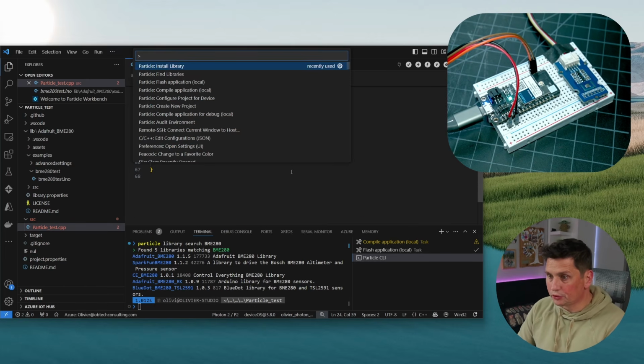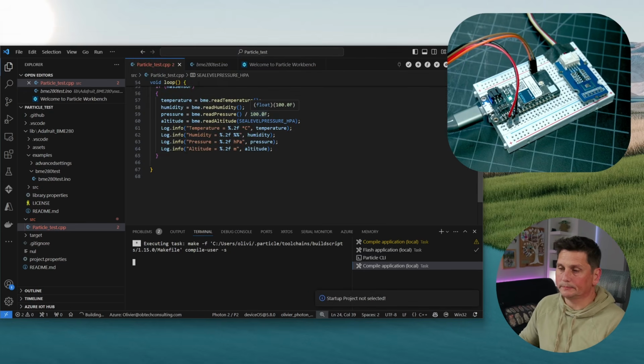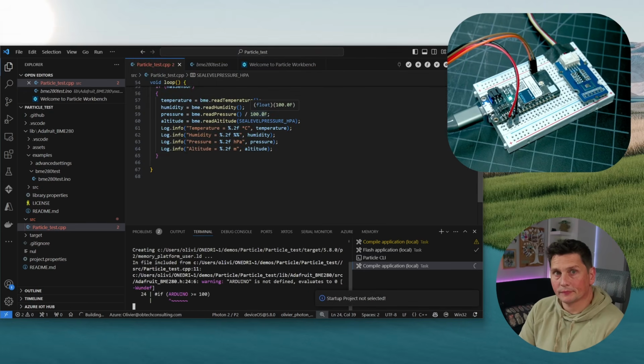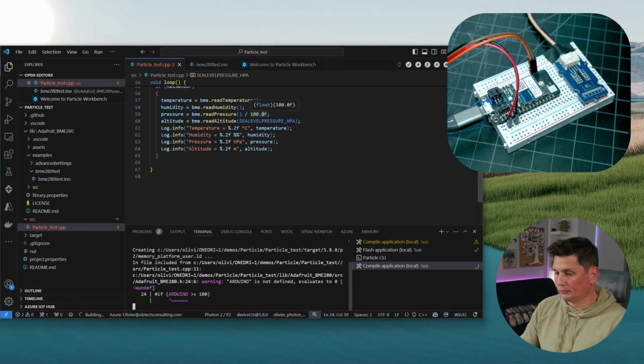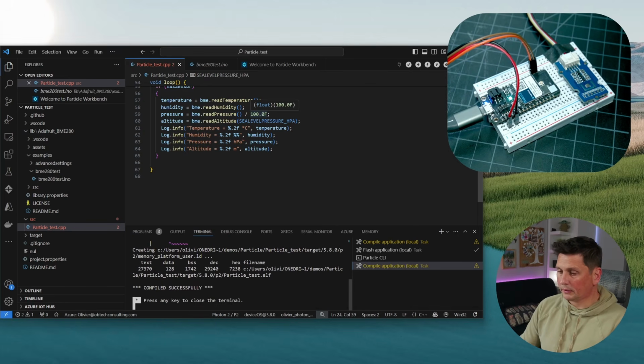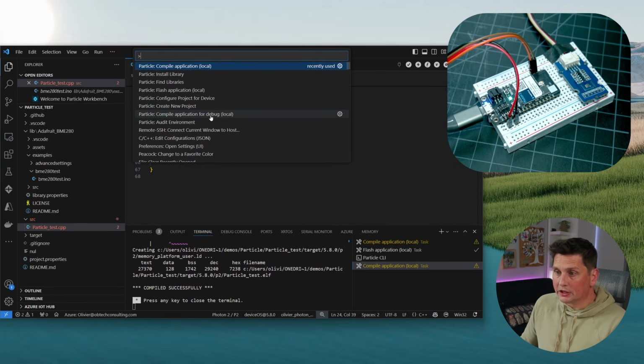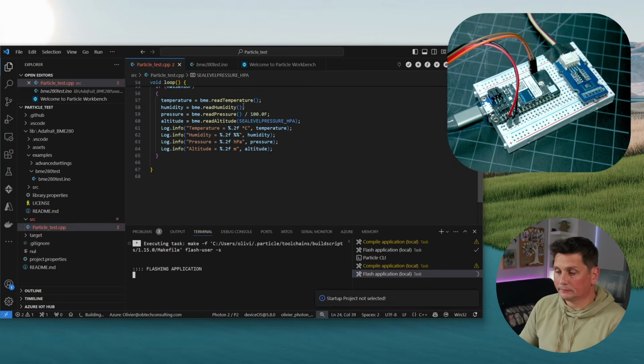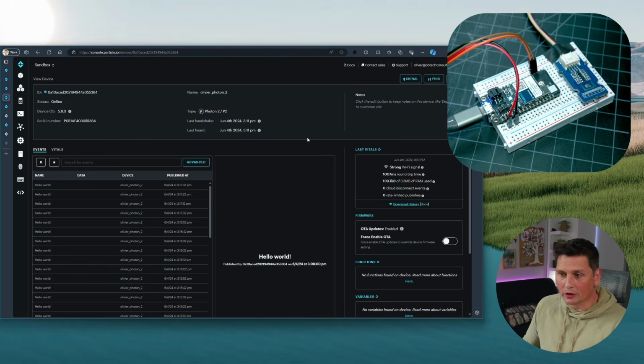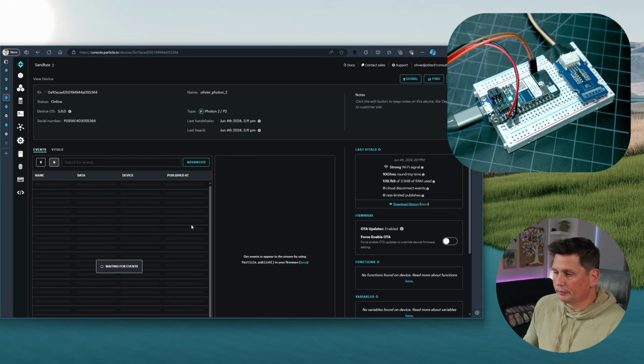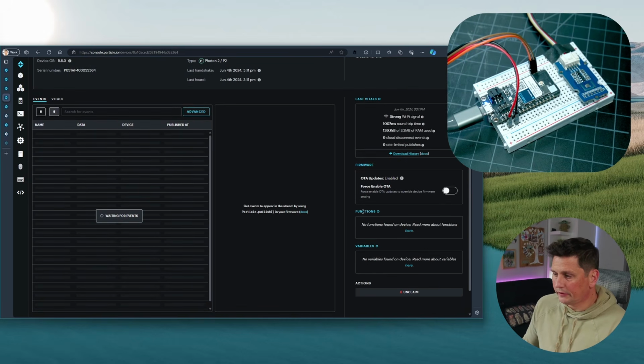And we should be able to try and compile this. Let's go. Okay, compiled successfully. Let's flash the device. And as I did previously, I'm going to switch to the console for this device here. It's flashing, as you can see up there. Let me clean that to remove all the previous events. No variables, no functions,